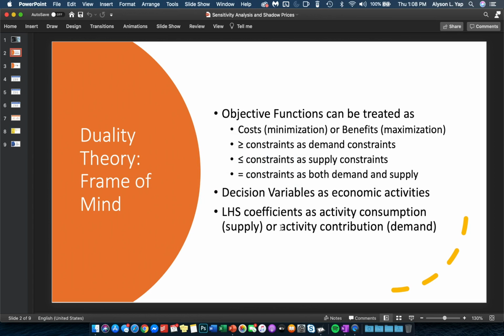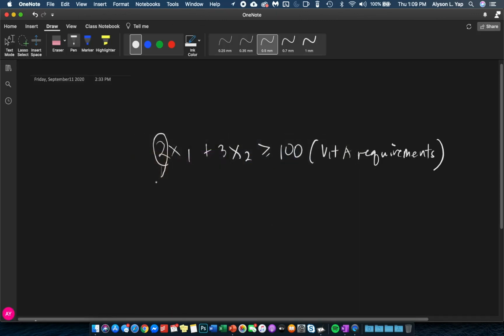is the coefficient of a demand constraint. And in this case, the coefficient of a demand constraint serves as an activity contribution. Now, what does this mean? This means that for every unit of x1, or for every economic activity x1, let's say x1 is the act of buying a certain fruit. Whenever you buy a piece of that fruit, x1, that fruit contributes 2 units of vitamin A to